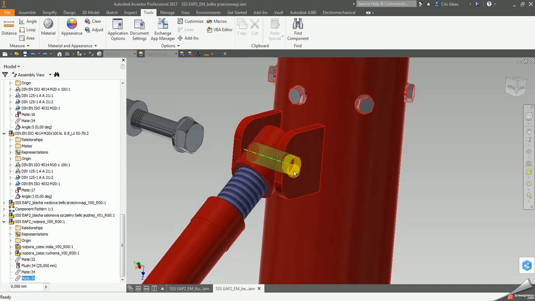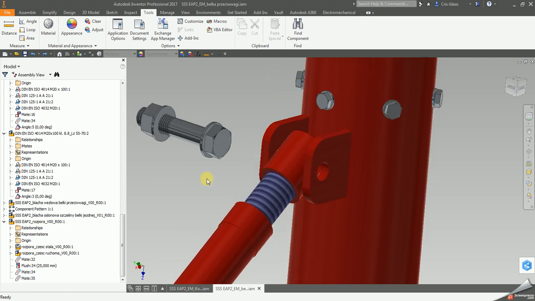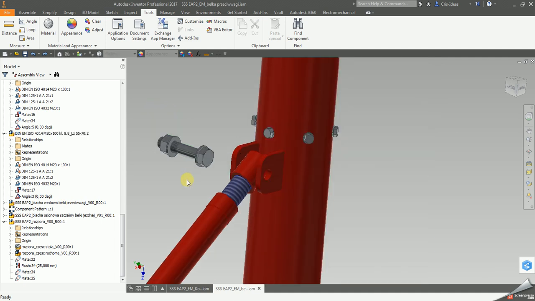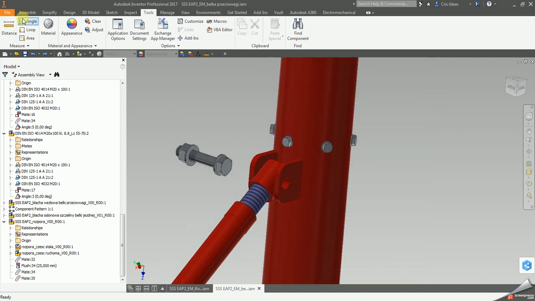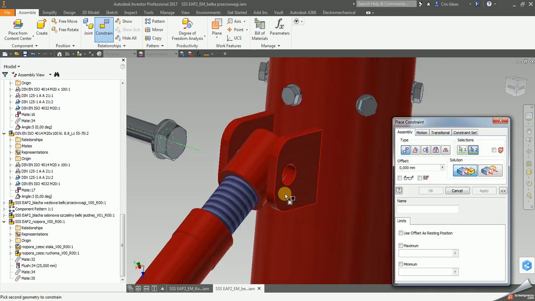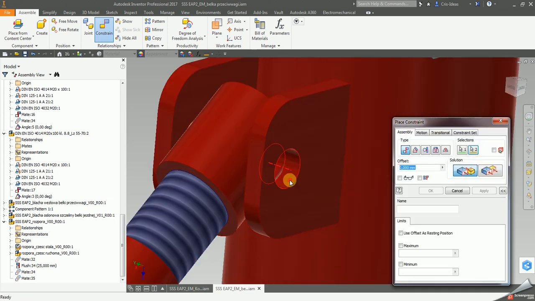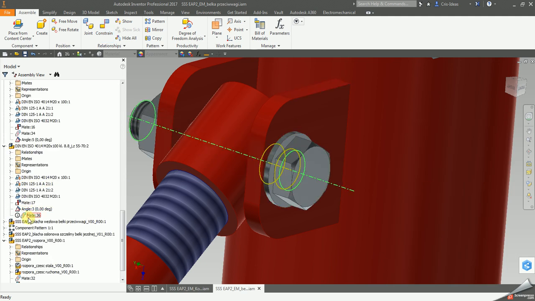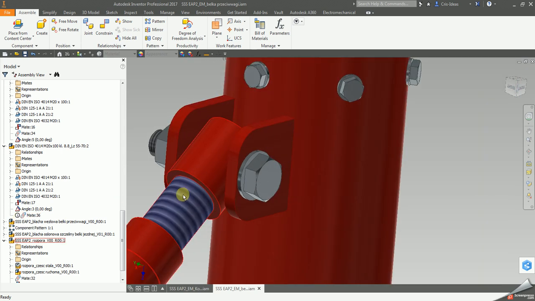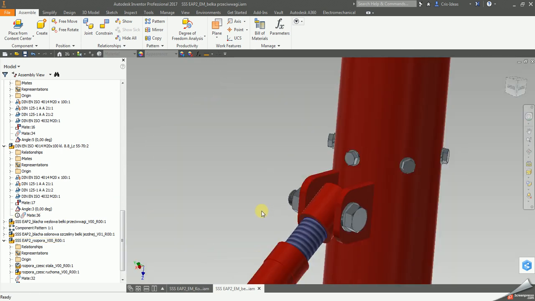element, this prop, is constrained with this axis. So now this bolt has constraints made face to the washer and angle to the angle, so it doesn't rotate. And if I apply a constraint between here and the axis here, the redundancy constraint analysis indicates this constraint is over constraining the assembly, because basically it is